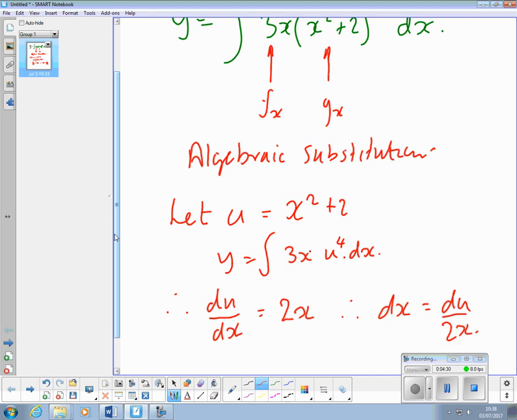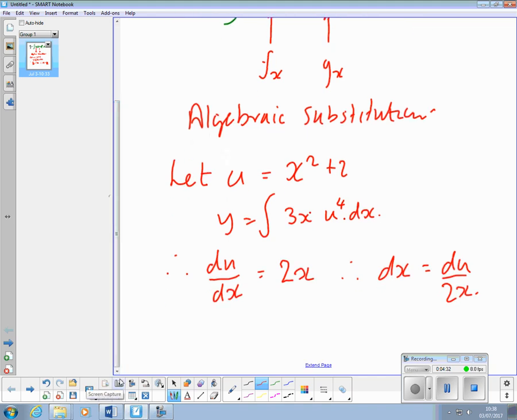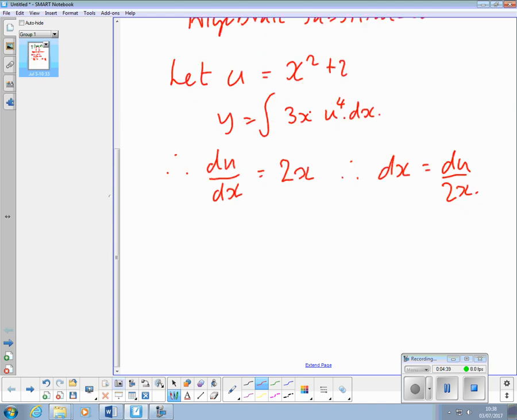Okay, so what we can do now is say this integral, the integral we're looking for, 3x times x squared plus 2 to the 4 dx,